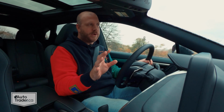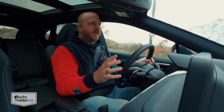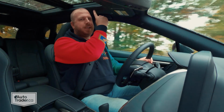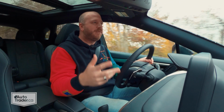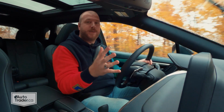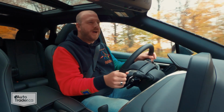Now, it doesn't look so bad right now, but that's because I'm kind of crouching down a little bit. You might not be able to notice, but here, let me sit up straight for you. Yeah, I'm sure you can see that. My head is jammed right into the edge of this sunroof. Now, this one I'm driving does have the panoramic sunroof that comes in a few of the different options packages, but keep in mind, a standard sunroof comes in every RX no matter what,